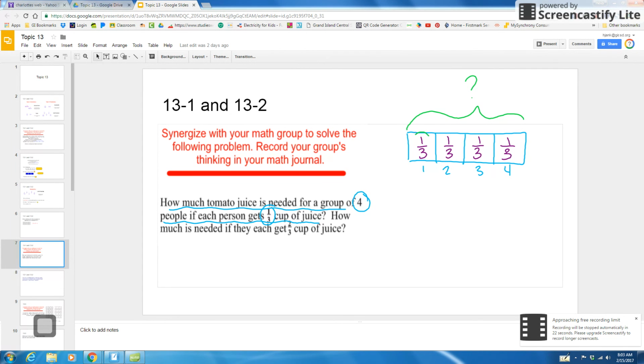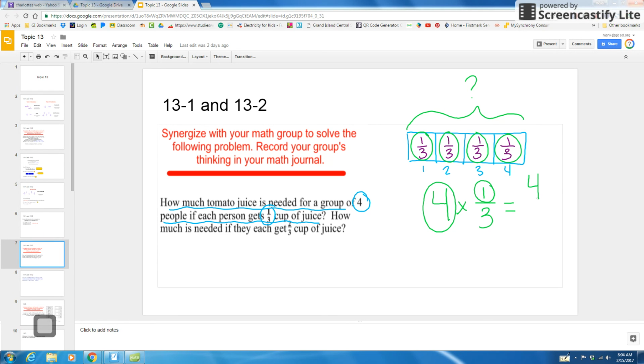So if you look here, we have 1/3 4 times. So 4 times 1/3. So I'm going to take that whole number, I'm going to multiply it by my numerator. 4 times 1 is 4. My denominator stays the same. Now we have